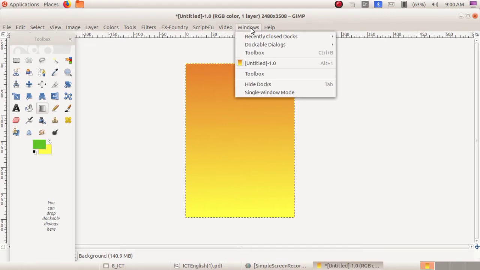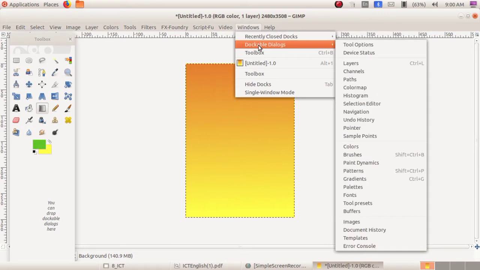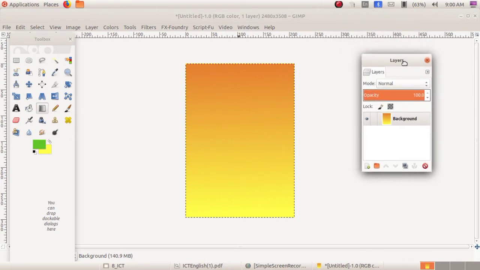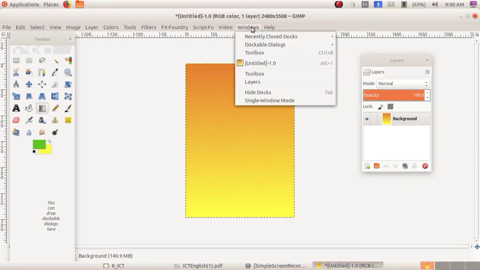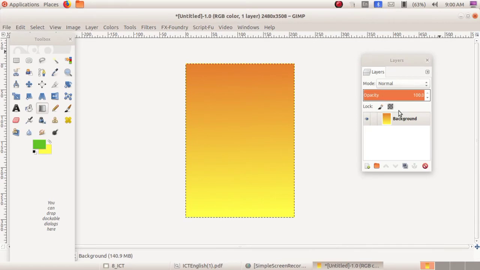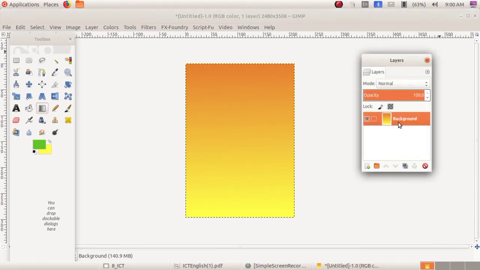Click on Windows, click on Dockable Dialogs, then select Layers. Now a layer palette is opened. So how can we open the layer palette? Click on Windows, Dockable Dialogs, Layers. This is the layer palette. You can see a layer whose name is background. This is the layer.